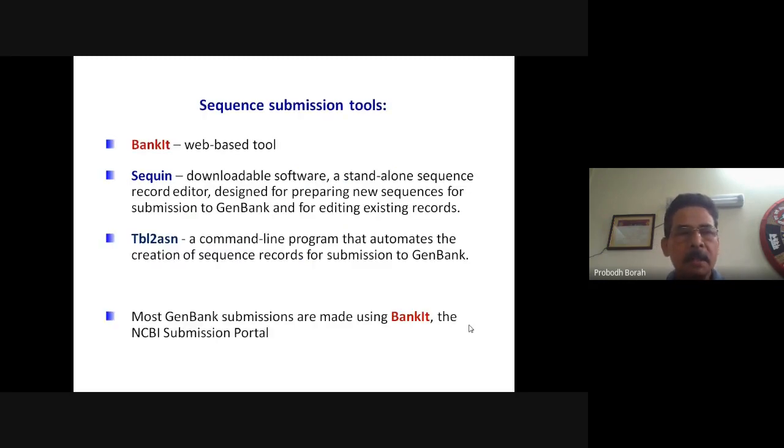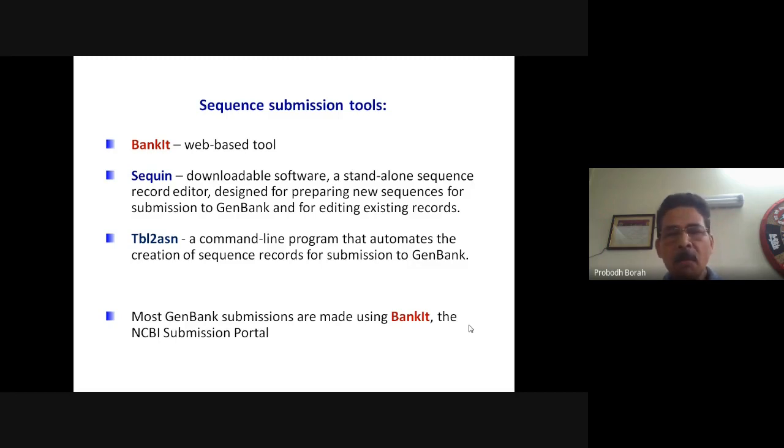There are a number of different sequence submission tools, but the most commonly used include BankIt, Sequin, and TBL2ASN. More particularly, BankIt and Sequin are commonly used for submission of sequences to GenBank.